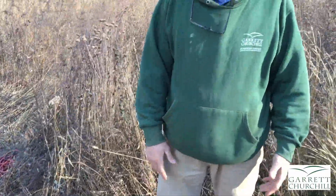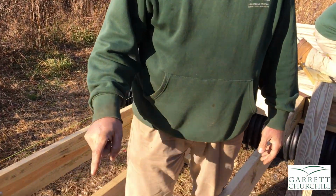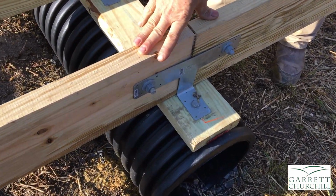So we really weren't able to get the depth that we needed for the appropriate footings without digging huge holes and disturbing all the work that's been put into making this meadow. So after a little bit of research, we came up with a different type of construction technique, a floating deck. This floating deck from the top is deck boards to 2x8 joists